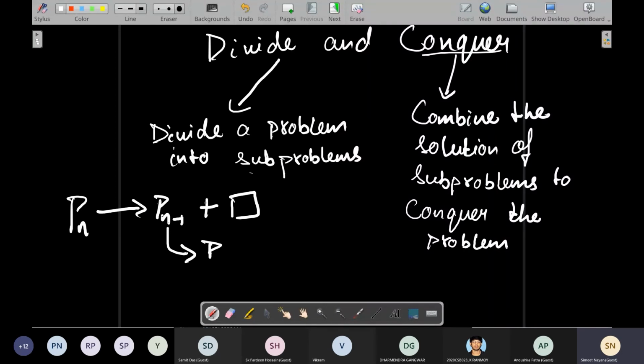This plus operation means combining. I'm combining the solution of this smaller subproblem with something to form the solution to the bigger problem. Now this smaller subproblem Pn minus 1 can be further divided into Pn minus 2, plus something. Now this can be further divided into Pn minus 3 plus something, and we keep on doing it